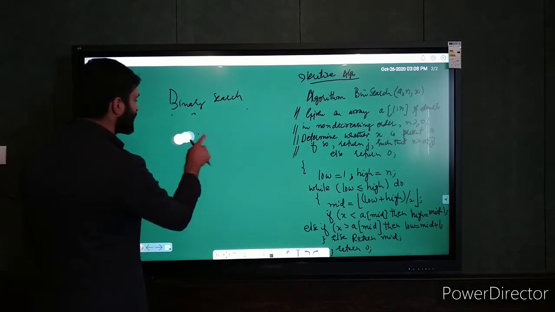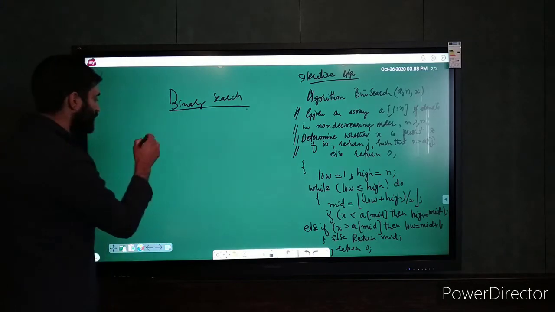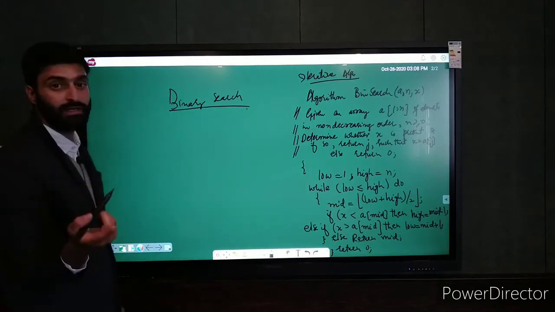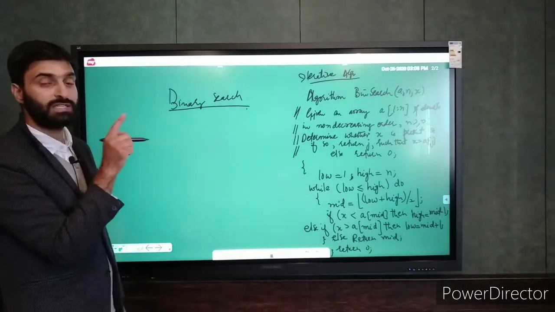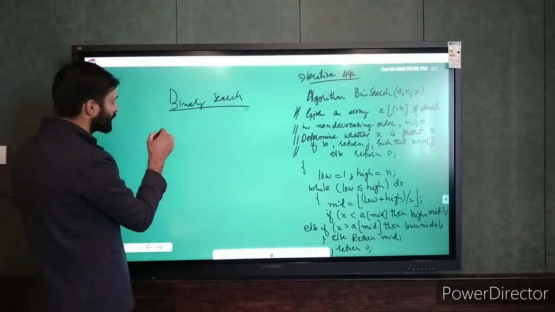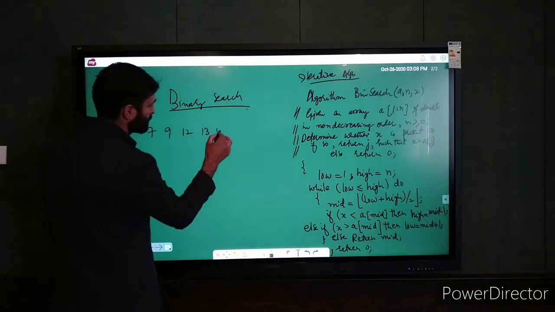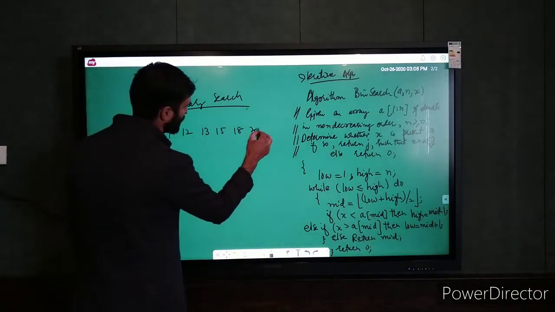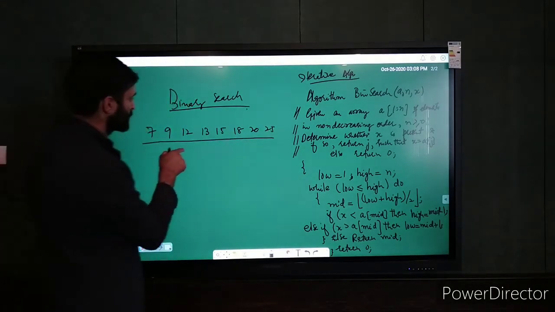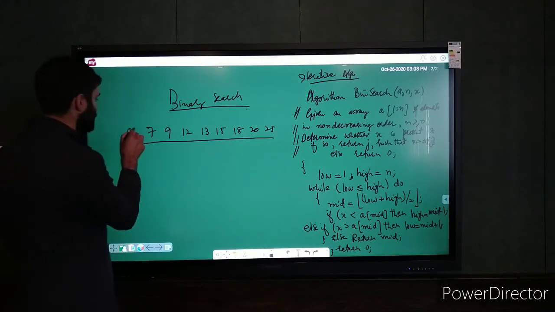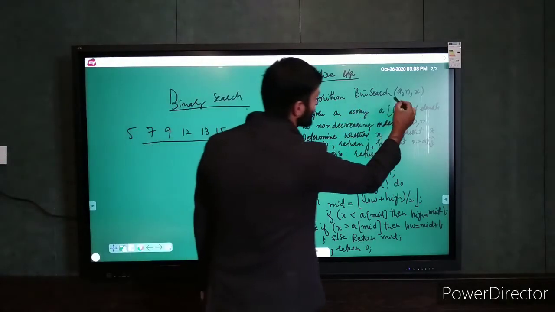As per the algorithm, we will take an example and solve this and explain the algorithm. As I have already mentioned, the elements in this array, in this list, must be in sorted order. For example, suppose we are given a list of elements. We are given an array of elements a, n and x.